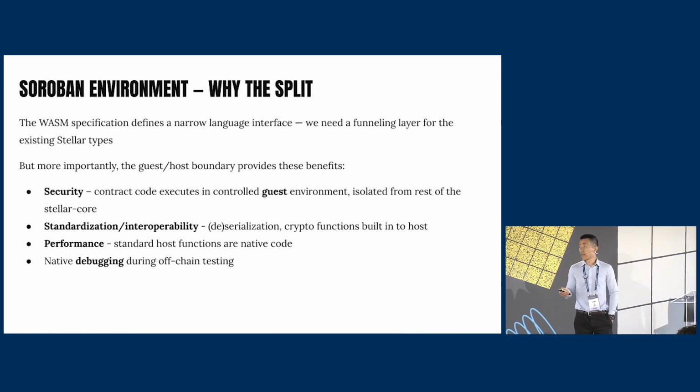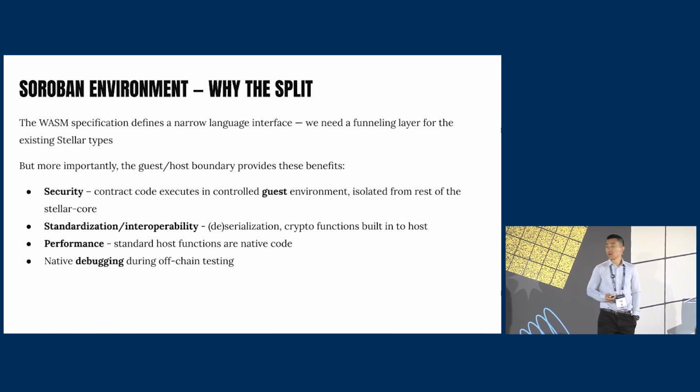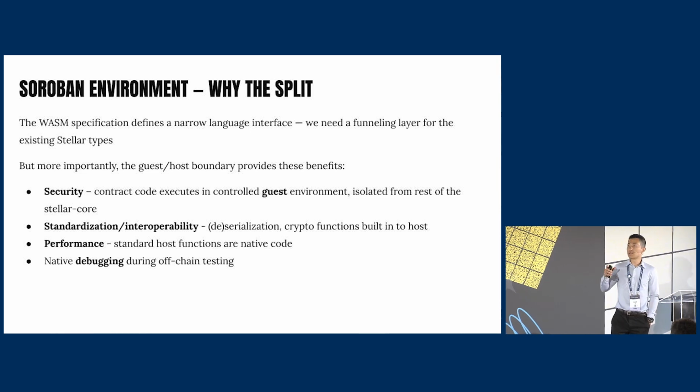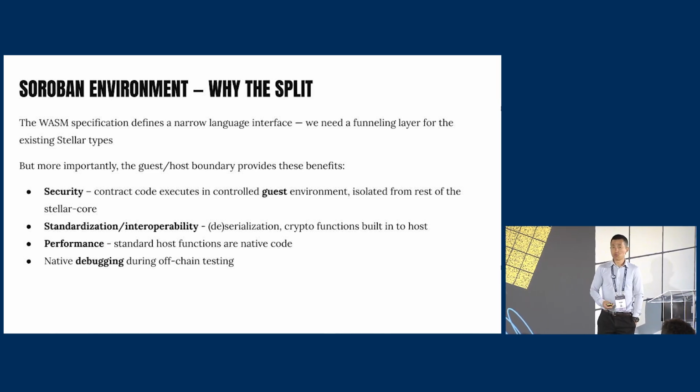So you may ask, why do we have such a split? First of all, because the contract runs in the WASM runtime, which must conform to the WASM specification, which itself is a very narrow language interface. One of the biggest restrictions is you can only pass a 64-bit number at a time into the contract. So in order for the rich Stellar functionality to work on the smart contract runtime, we need a funneling layer in between. But more importantly, this host and guest split provides a design opportunity, and if done correctly, provides the benefits that we talked about in the beginning,